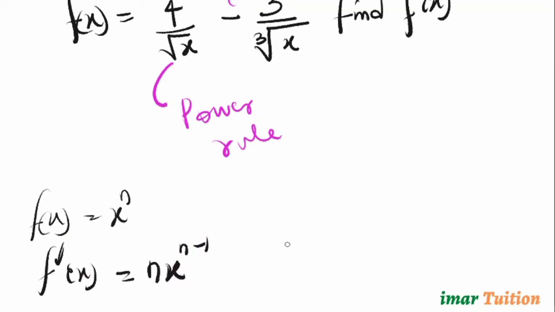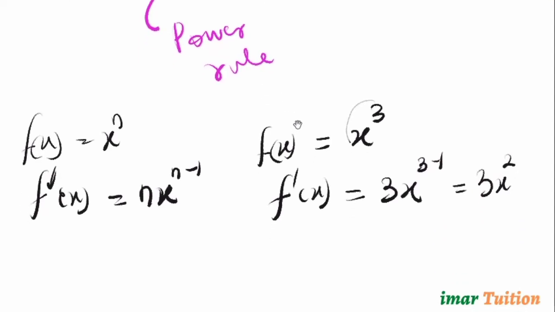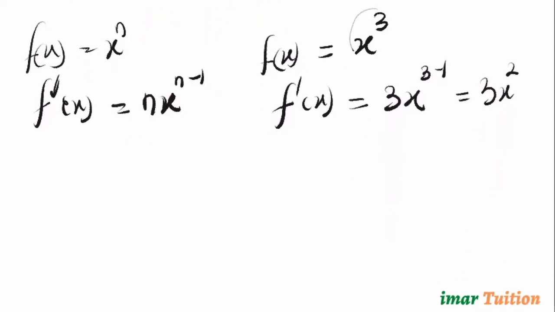minus 1. For example, if we have f(x) equal to x raised to the power 3, the f prime of this will be equal to 3 multiplied to give you 3x raised to the power 3 minus 1. That gives you 3x raised to the power 2. That is the power rule. The difference rule is talking about if you have a function such as this,